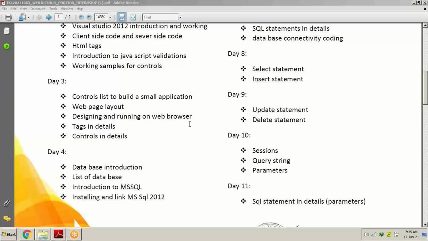As an example, I will be showing you a few websites where different kinds of controls are being used, why they are being used, how they can be used, and what the purpose of these controls is. I will be discussing all these 5 topics in this session.